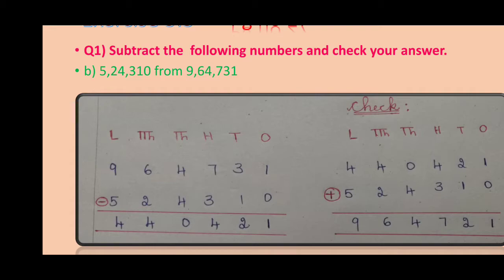Start your subtraction from the rightmost corner, that is from ones place. So 1 minus 0. 1 is a bigger number, 0 is a smaller number. So you are taking away 0 from 1. Directly you can do. See to that your minuend is more than the subtrahend. So directly you can do the subtraction. 1 minus 0 is 1. Okay, and then next come to the tens place. 3 minus 1. 3 is bigger than 1. So then directly you can do that. 3 minus 1 is 2.